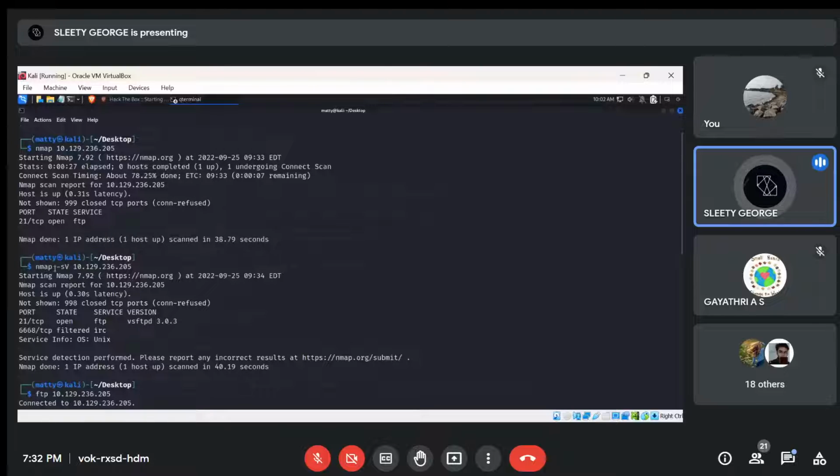Now, if I use nmap -sV, basically what I told is that it will provide you the service info, that means service version, and the version of the port, that means what kind of port is it, like is it an FTP and what kind of FTP is it. So basically, when we did this, you can see the difference. Okay, there's service, there's a version also. Okay, there's 21 TCP open FTP vsFTPd 3.0.3, which is the version of FTP service which is provided by